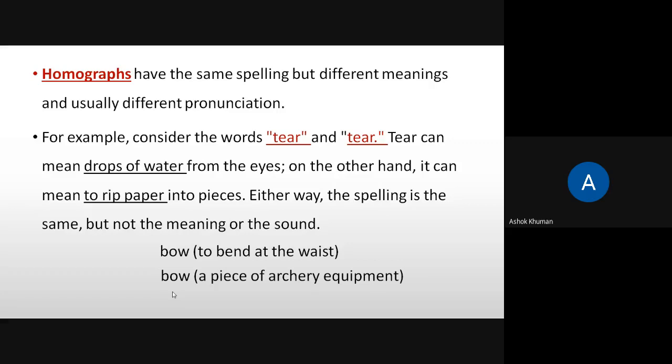So what you will have to remember in homonyms: number one, what is a homonym, what is a homograph, and what is a homophone. In the examination, in MCQs, you will be asked. You can also be asked the definition of homographs or homonyms. So that is what you have to remember. Number two, you should also have some examples in your mind.